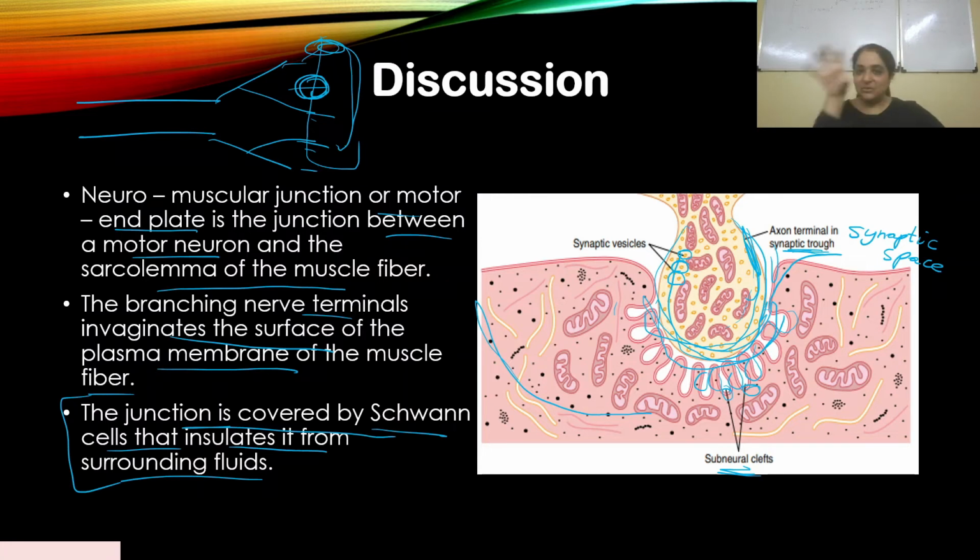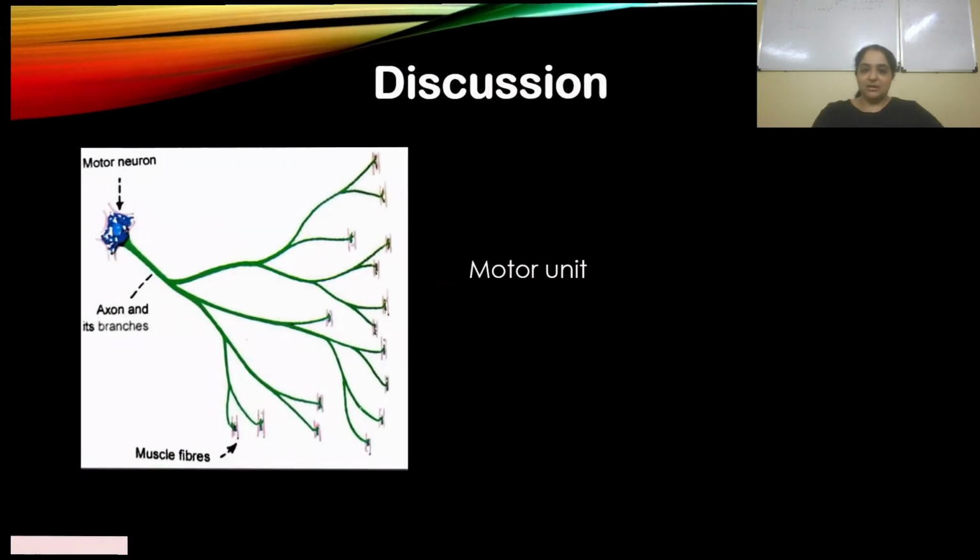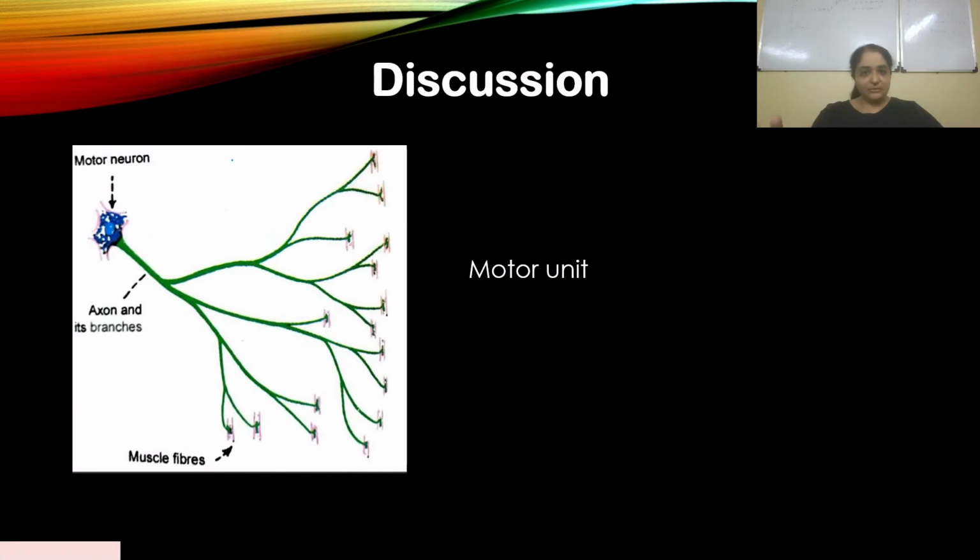And you see how that is occurring. They are actually branching out. The motor neuron is not directly attaching itself to the muscle fiber. They are branching out into terminals, nerve terminals. Now I've showed you what a motor end plate, or neuromuscular junction, looks like.